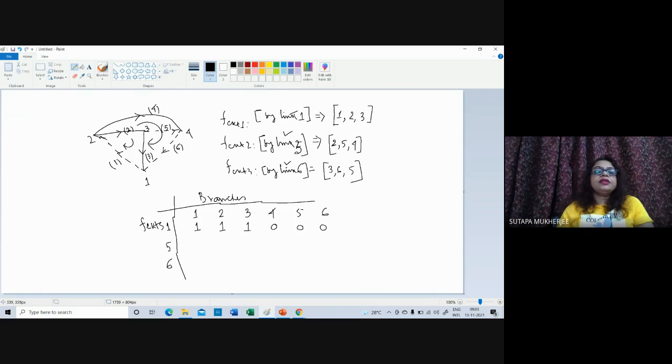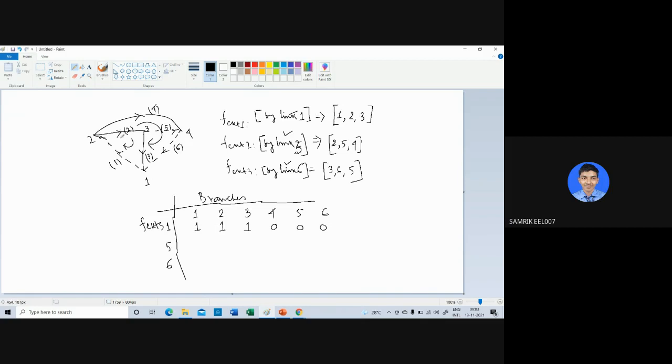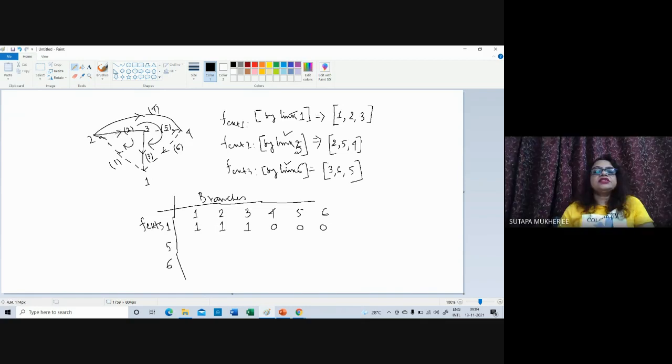Now come to fundamental circuit 1. In this fundamental circuit 1, what is the direction of the loop current? This. And what is the direction of the branch current? This is this. So the conventional loop direction of current and the orientation of the branch current are the same. So it will be plus 1. Is it clear? Now come to branch 2. Yes, I'm repeating. If you consider this branch, the direction of the current is like this.